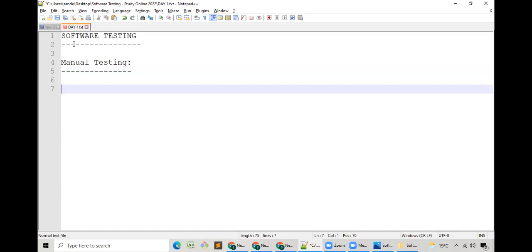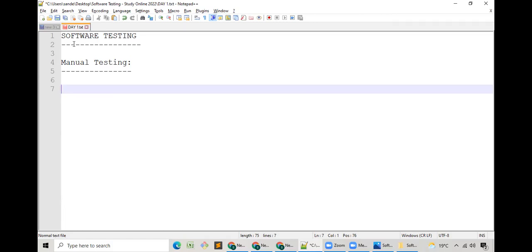Okay, so the heading happens to be manual testing. Guys, my first question is pretty simple for you people. Why do you want to become a test engineer or quality analyst, or why do you want to learn software testing? The main thing. Please tell me the answer. Anyone? Guys, one more thing. In between the class, I will not be allowing you people to unmute yourselves. But when I ask you, is there any doubt? If you raise your hand or ask me in the chat box, sir, please give me the option for unmuting, I'll give the option.